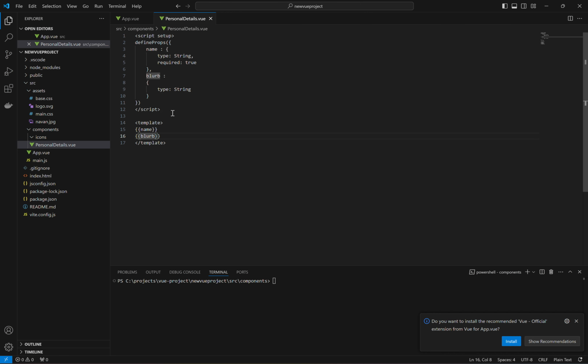So I wanted to show defineProps. That's one way of passing property values from one component to another. You can't pass any template fragments, but you can pass just data as property values. So that's what I want to